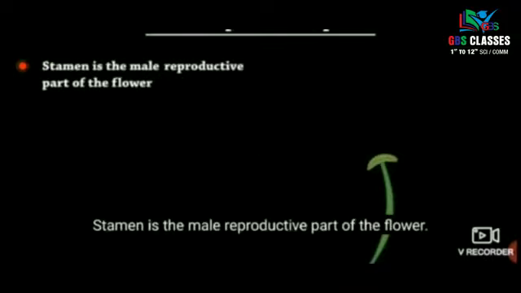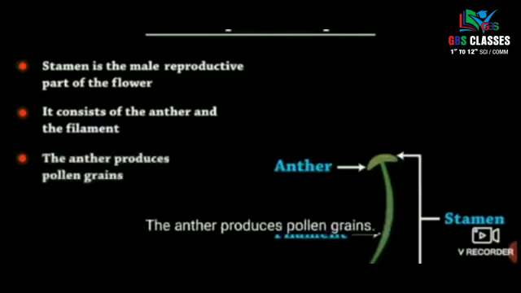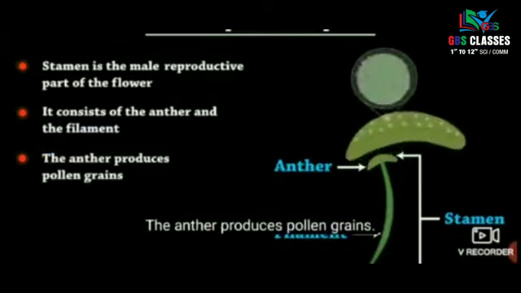A flower is differentiated into a reproductive system, that is the male reproductive system and the female reproductive system. As this video shows, the male reproductive system is further divided into two parts, that is stamen and filament. The diagram shows the picture of the stamen and the connection, which is the filament, or else we can say anther and filament.